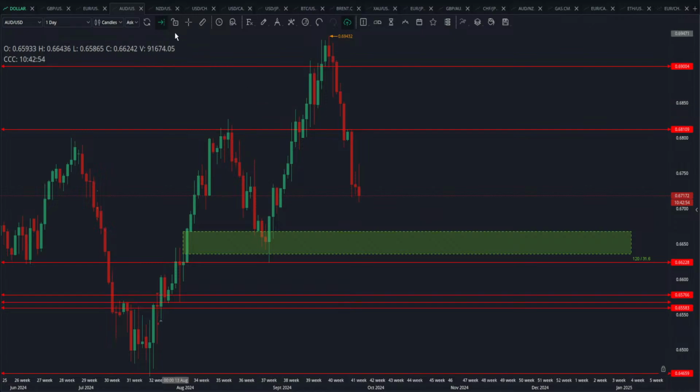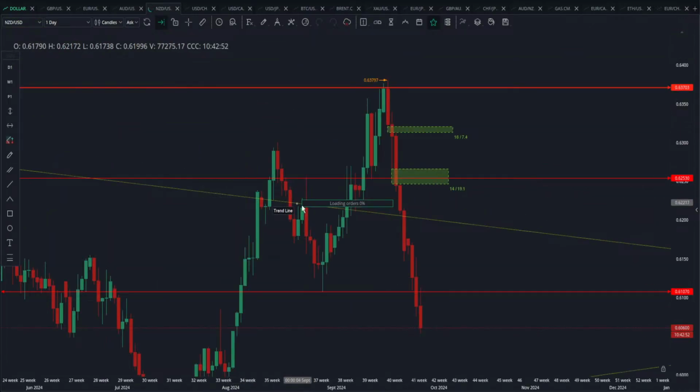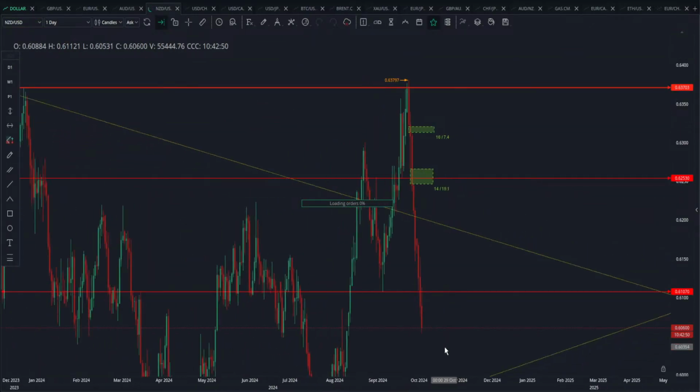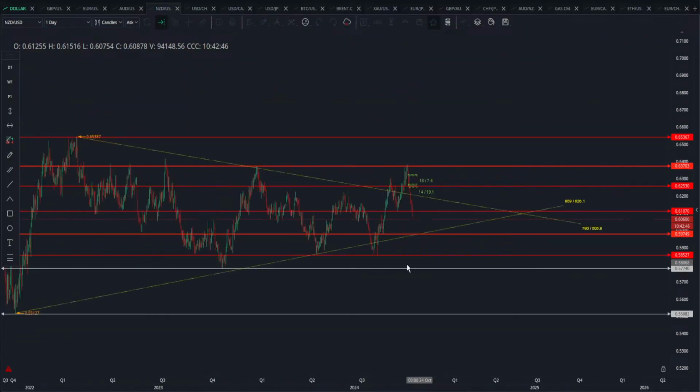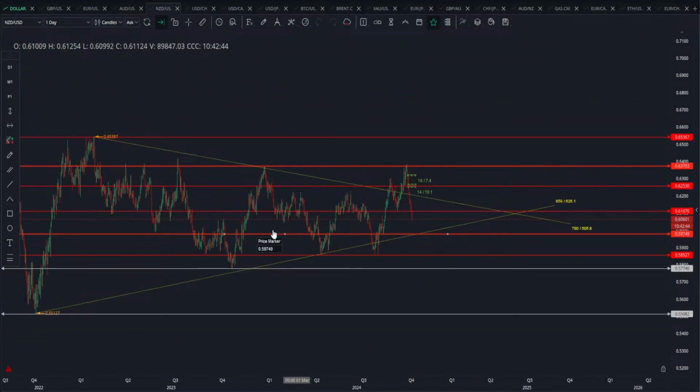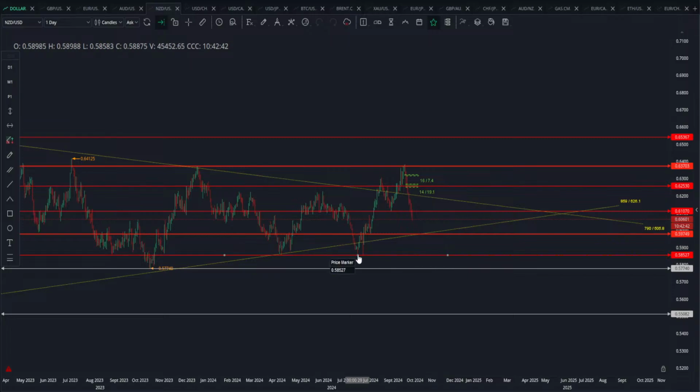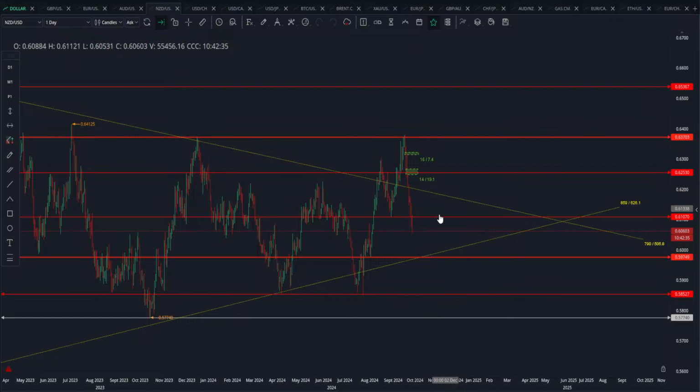Okay, what about the New Zealand dollar? Wow, what a sell off. So this is a great price action. See this symmetrical triangle. First it broke to the downside, then it broke to the upside, came in, broke to the upside again, and now again it has come. So that means it is not respecting this pattern. So those who are pattern traders, they might not be very happy.